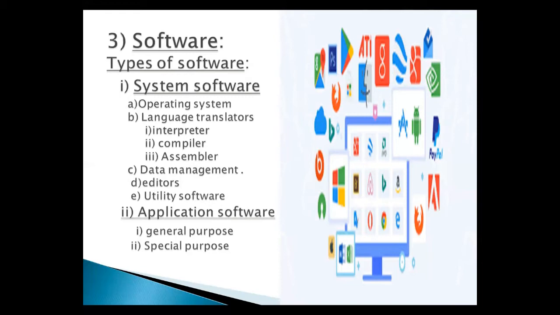So the operating system acts as an intermediary between the user of the computer and the computer hardware. The primary goal of the operating system is to make the computer convenient to use. The secondary goal is to use the computer efficiently. Some important tasks of the operating system are managing the resources of the computer, such as the central processing unit, CPU, memory, disk drive, and printer, and running user programs.